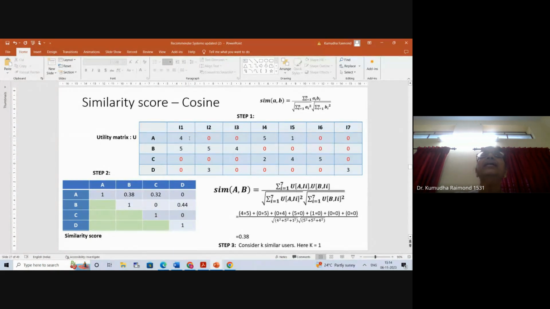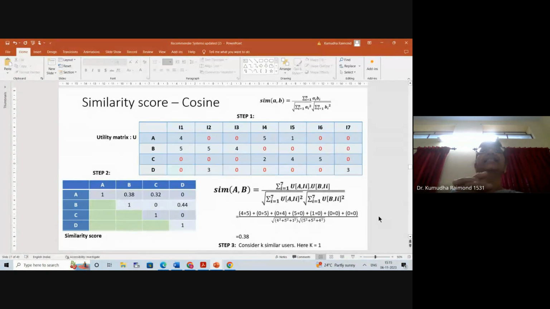So A into B, right? It is going to be 4 into 5 plus, it is all the summation, okay? It is 0 into 5, you can see here, and 0 into 4, 5 into 0, 1 into 0, 0 into 0, and 0 into 0. That is your numerator. Given a utility matrix, the utility matrix can be derived using the user preferences based on